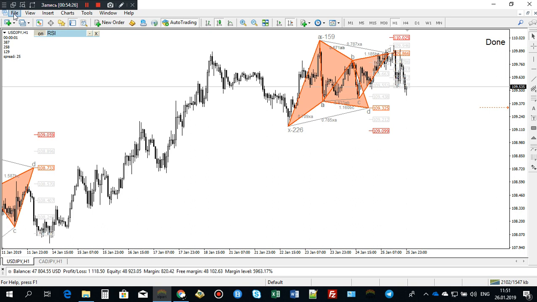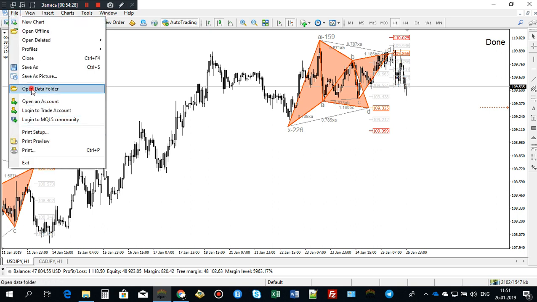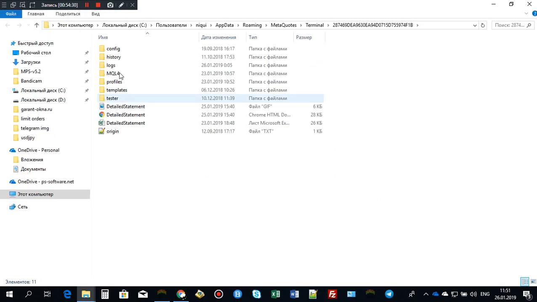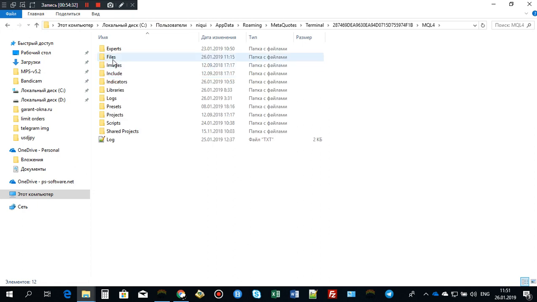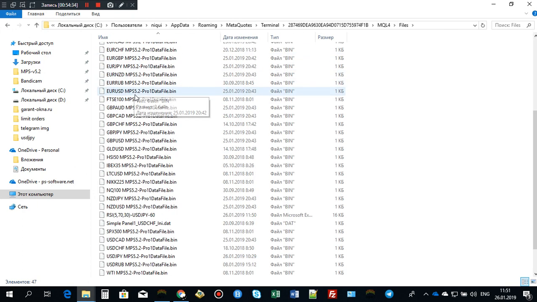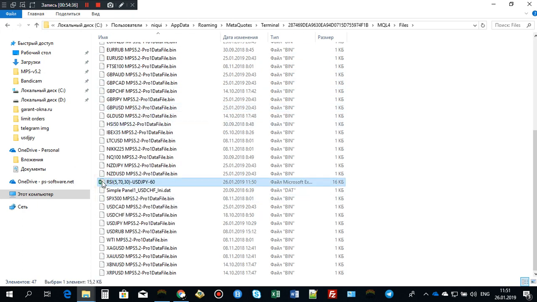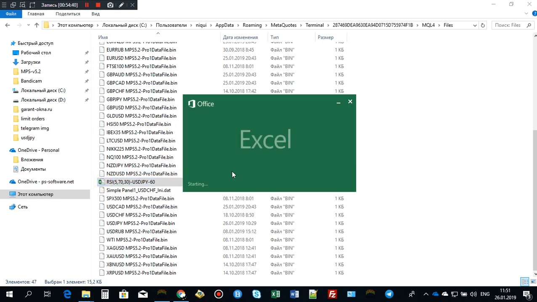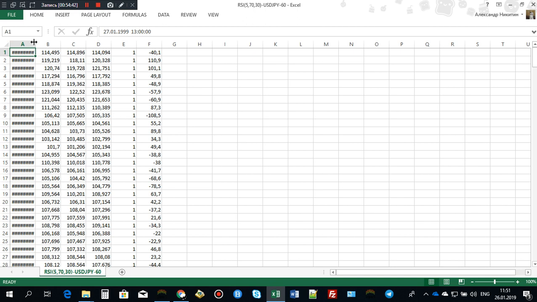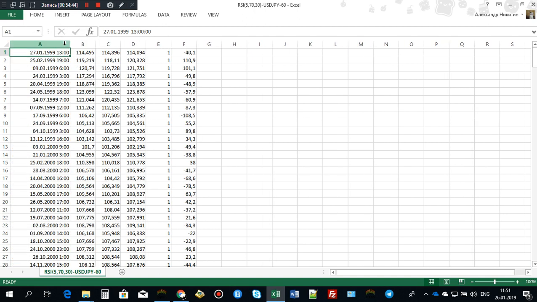Okay, now let's go to our file. Let's go to the Open Data folder, and we will do some statistic calculations. So we'll go to Files, and our file is here. The first thing that we will do is open this file, and we will slightly modify it. As I told you, we need to delete some